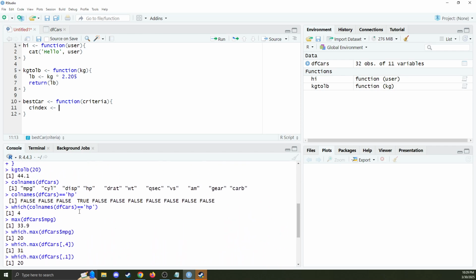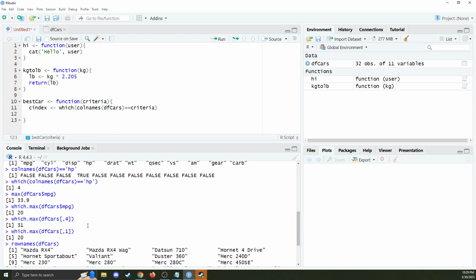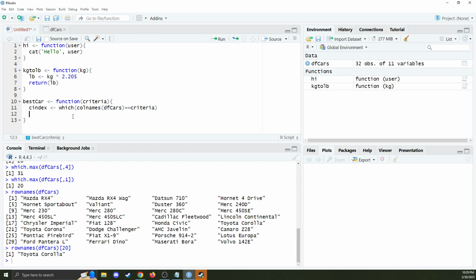And we actually already wrote this. We know it is the which column name, except instead of specifically searching for horsepower, we're searching for which column equals the criteria, right? So which col names of DF cars equals criteria. Since it's a field name, not a string, we don't put it in quotations, right? So now we have that column number saved. We also know how to check which row we're talking about. We did that as well. So it's going to be,